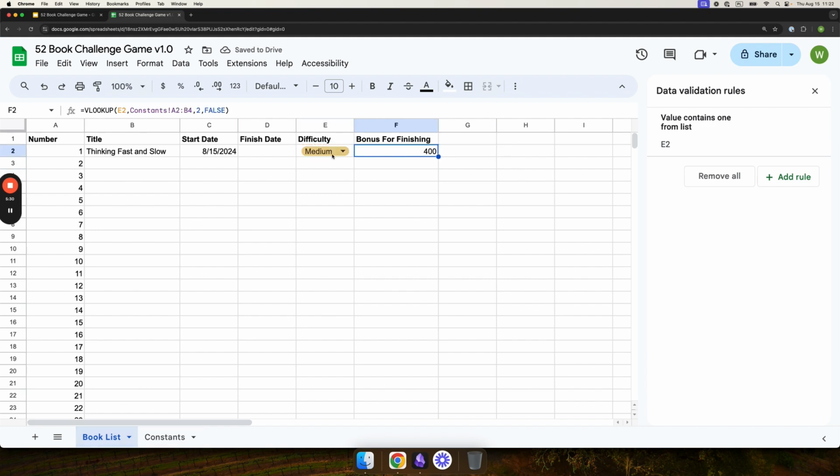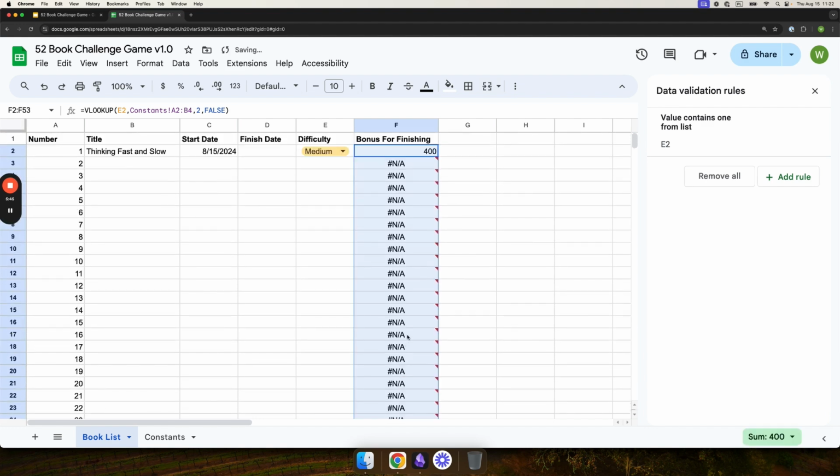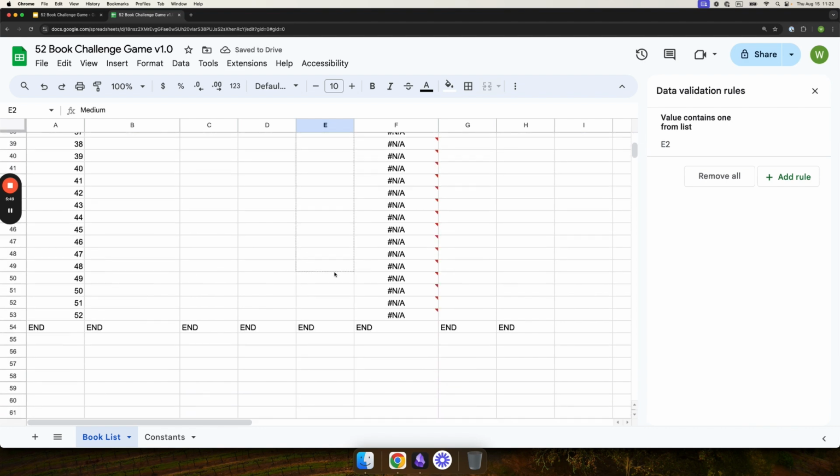So now it's implemented. So when I change to easy, there will be fewer points for finishing. For hard there will be more points for finishing. And let me extend this until the end. But in order for this to work,